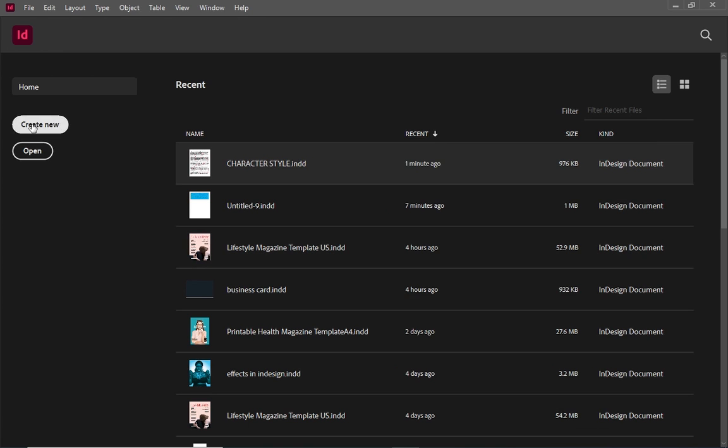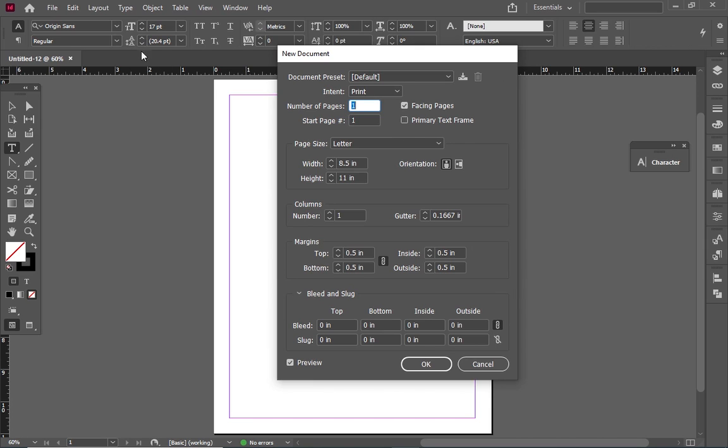Now if I close this, anytime I want to start over again, it will be on the one that I created. So now you can see the font changed from Minion Pro to Origin Sans, which I've set as my default. Okay, so thank you very much for joining this